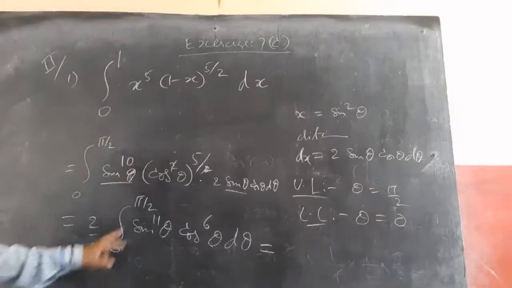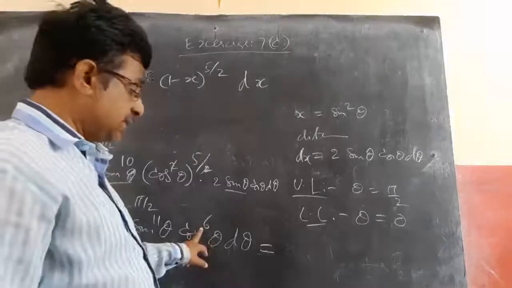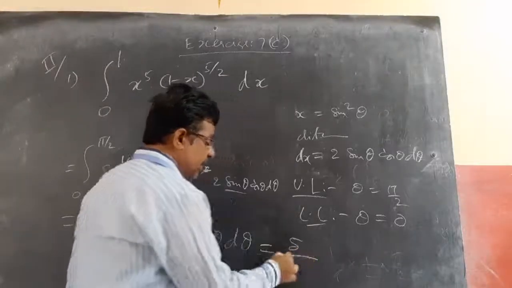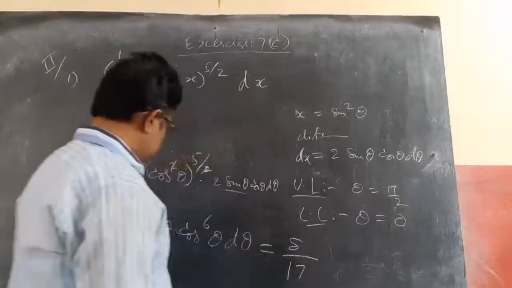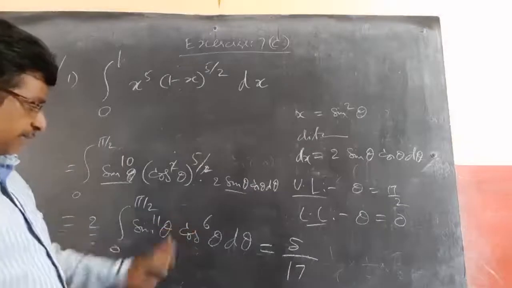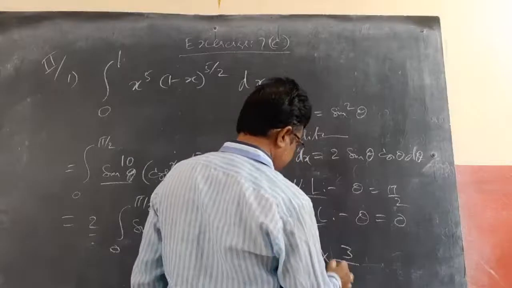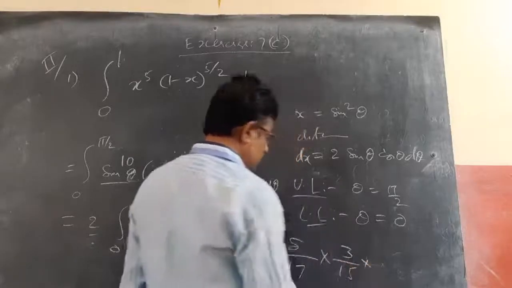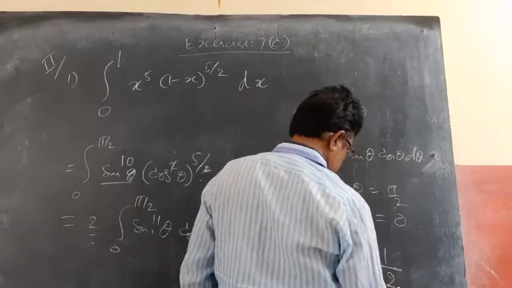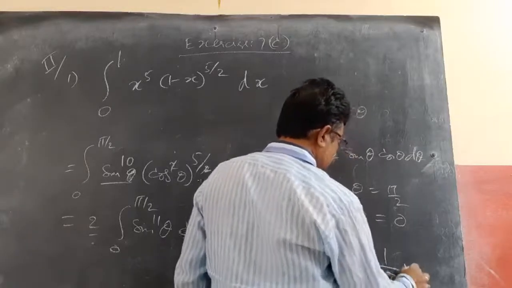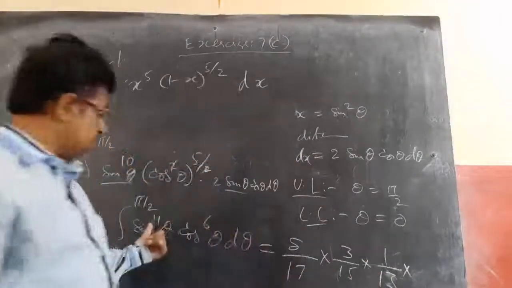Now I can go for 0 to pi by 2 sin power m x into cos power n x, with (n minus 1) pi by (m plus n). M plus n means adding these two: 6 plus 11 is 17. Numerator is 5. Now subtracting 2 from the numerator it becomes 3, and here 15, minus 2 is 13, into 1 by m plus 2. Observe, 11 plus 2 is 13.